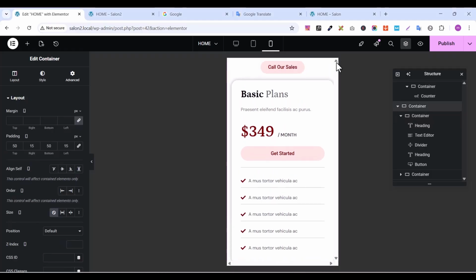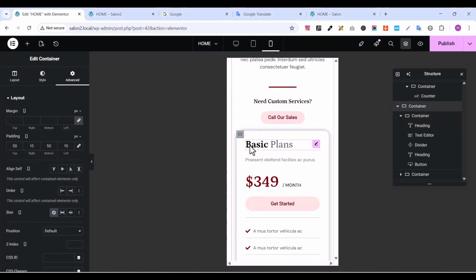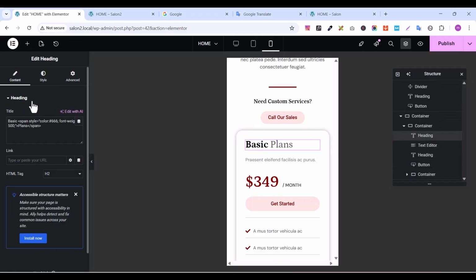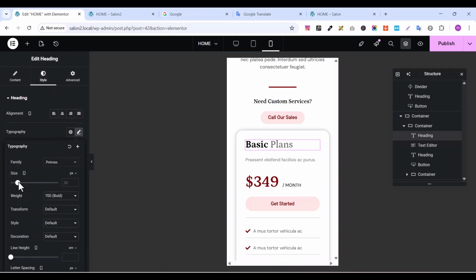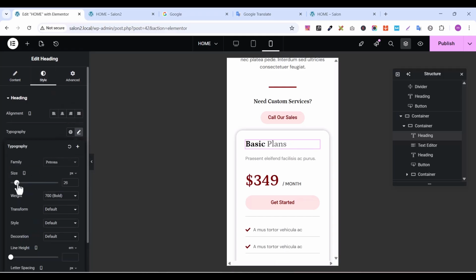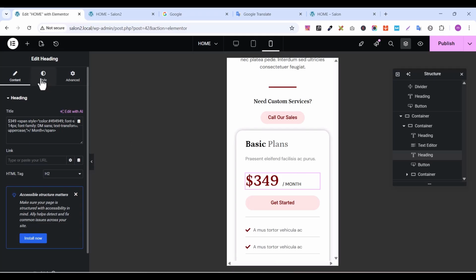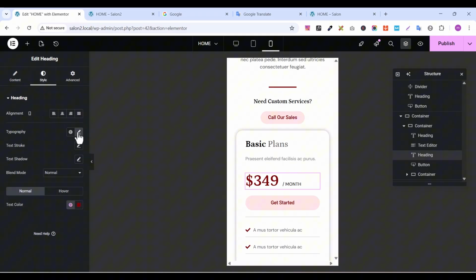So here, let's reduce it again. So we are going to reduce this text. So click on this text from here and go back to style and reduce the size like this. Okay, so after that you can also do the same thing. So I'm not going to do much here, so just reduce it